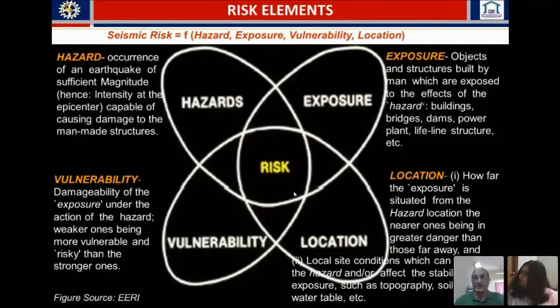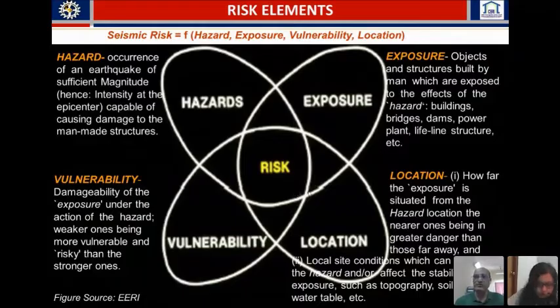Apart from that, the location is also very important, because how far the exposure is situated from the hazard location is also very important. The nearer ones are more affected than the farther structures, and the local site conditions, which can modify the hazard and affect the stability of the structure, such as the topography, soil deposit, whether the soil is liquefiable, and water table, all these things have to be considered. So in summary, we need to understand that seismic risk can be expressed as a function of H, E,